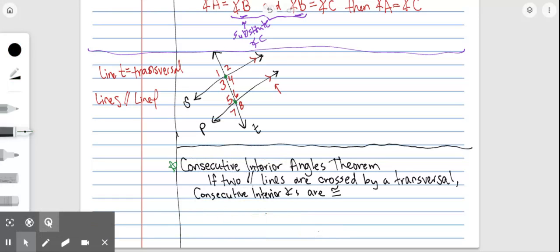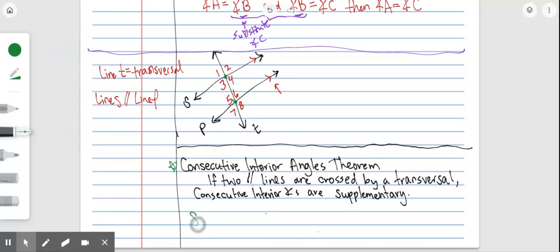All right, consecutive interior angles theorem says that if two parallel lines are crossed by a transversal, then the consecutive interior angles are supplementary. Now this one's different, and it's different because they're on the same side of the transversal. And since we know opposite sides are congruent, we know that the same side has to have a different sort of relationship. So if I'm making this statement,